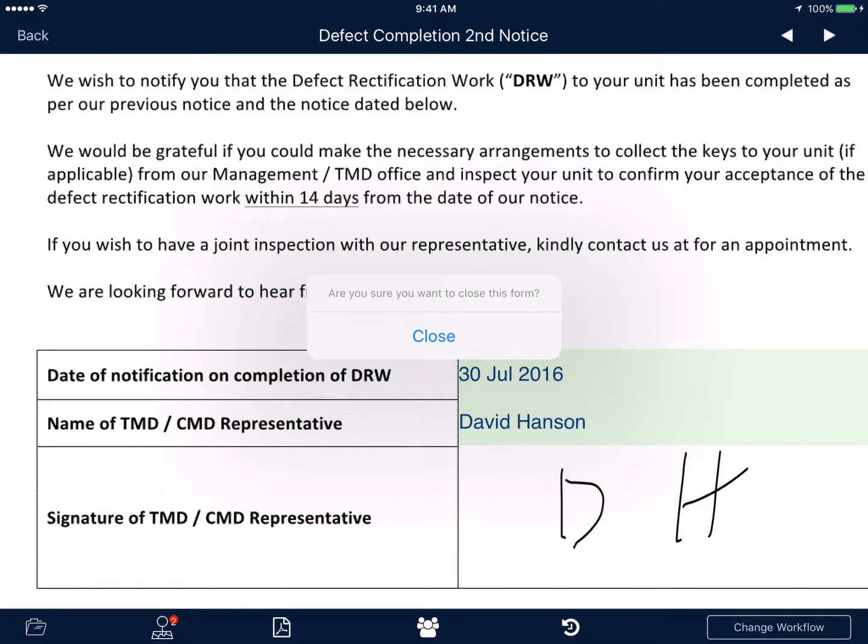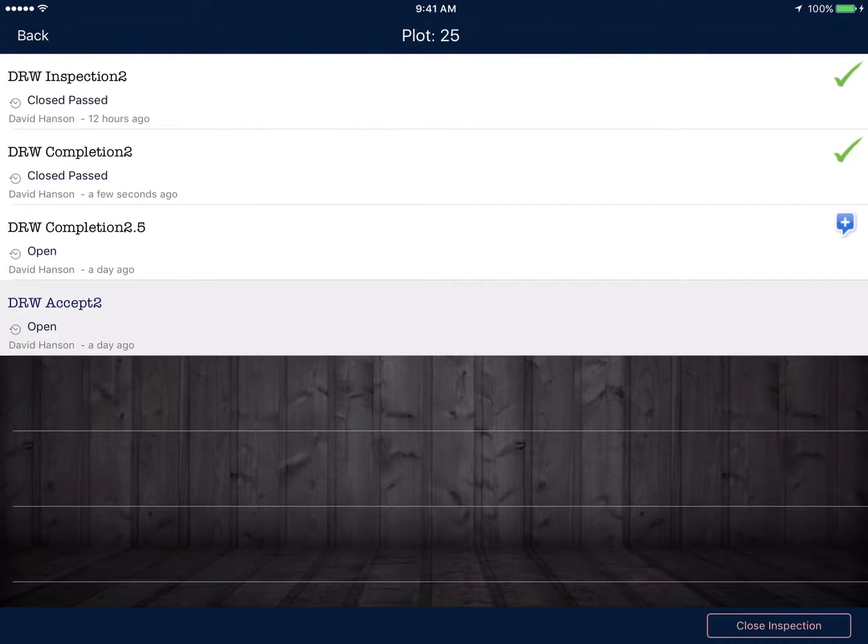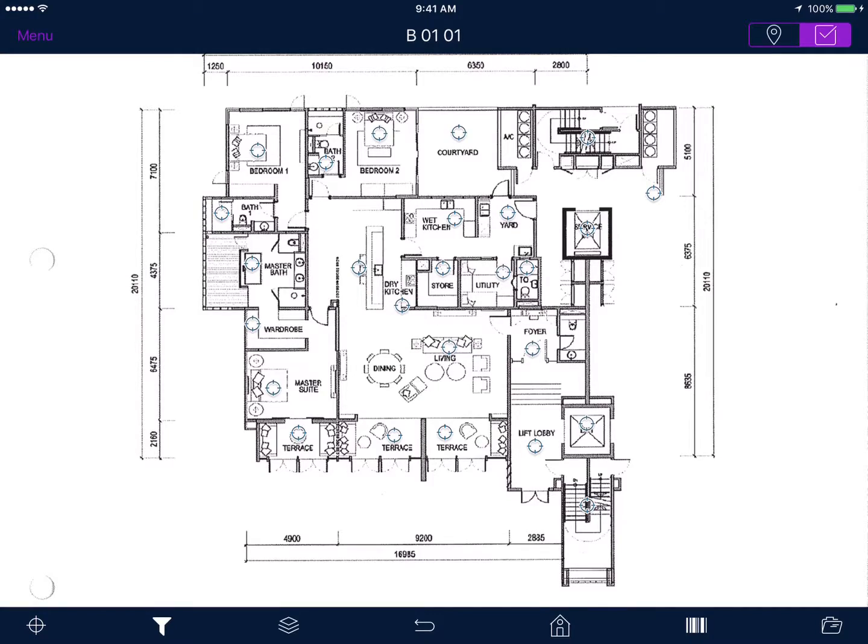It'll again prompt me if I'm sure I'm going to close the item. This is important because now it opens up the next form. And the next form is only going to be used in 15 days if, when I communicate this to the purchaser, they have not acknowledged or come back with a request to actually do the inspection. So we'll get that in just a moment. So I'll close it at this point,